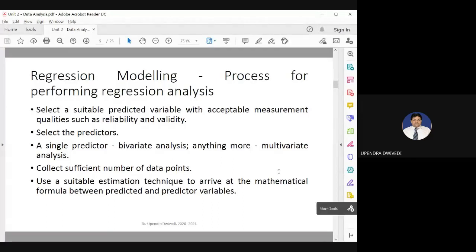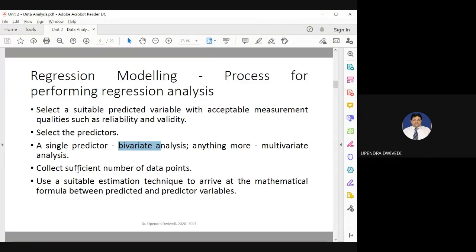Okay, Sandeep, very good. Number of members in the family, very good. More members, more expenses. And again, the number of income generating members, working members. Anything with more than one predictor we call multivariate analysis. Bivariate analysis and multivariate analysis I will discuss in detail in an upcoming session.